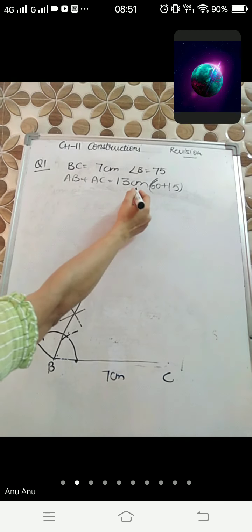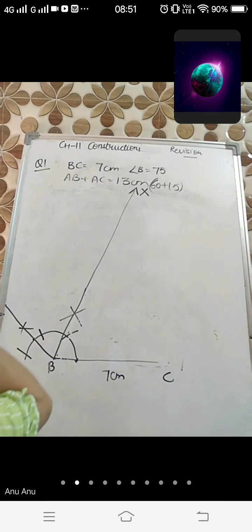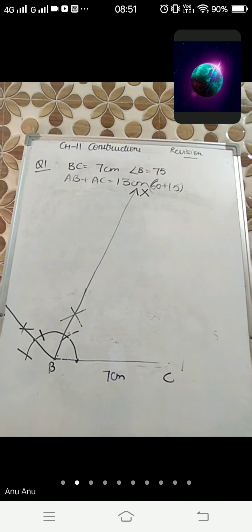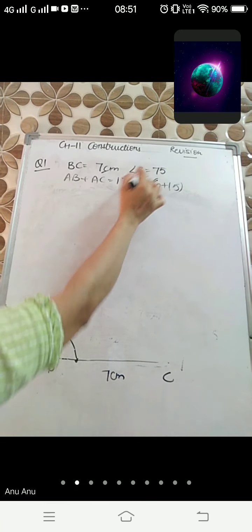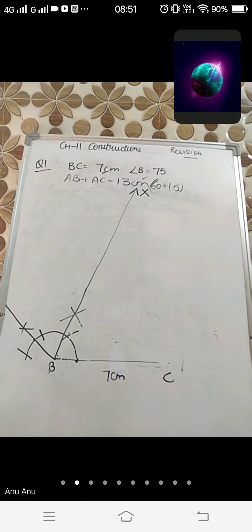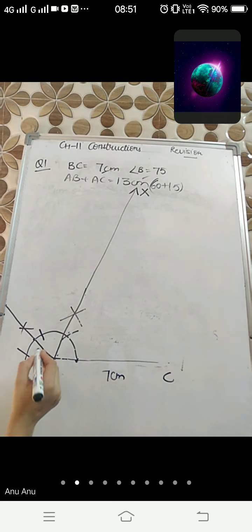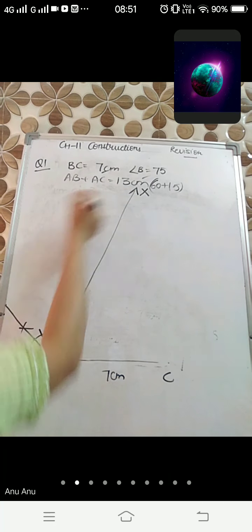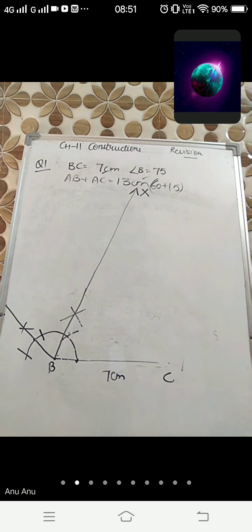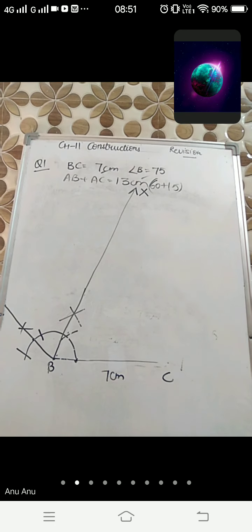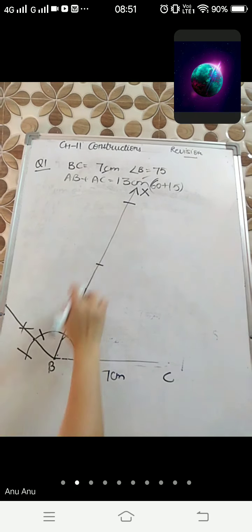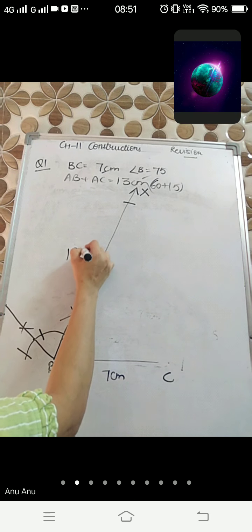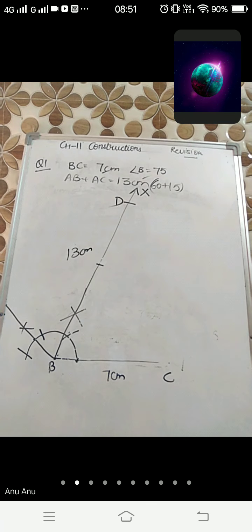First thing is, you will always put an arrow and give it name X. That we have not written in the fair when we have discussed this chapter. So now give it name X. This angle we have drawn. Now the turn is to draw the sum of two sides. Sum of two sides is 13. So from B, you will put the arc of 13. If you are not able to open the compass of 13 centimeter, you can divide this into two parts. Firstly, you will draw the arc of 7, then you will draw the arc of 6. So 7 plus 6 will give you total 13 centimeter, and this point is your D.